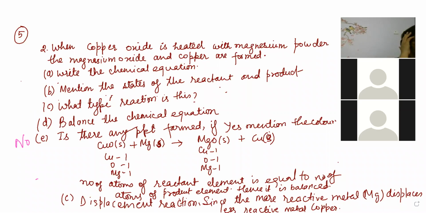Are you ready for the next one? Yes, I'll write heat. Down heat also you can write, or up also you can write heat, because here it is heated. Heated means heat should be on the reactant side. No, there is no aqueous solution. Seriously, is my voice breaking? My voice is at the maximum level. No, there is no aqueous solution here. I repeat, there is no aqueous solution in this reaction.